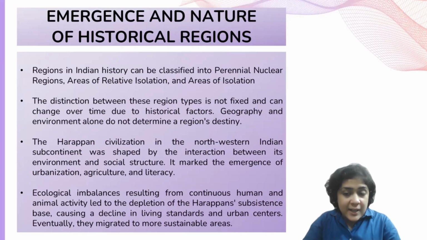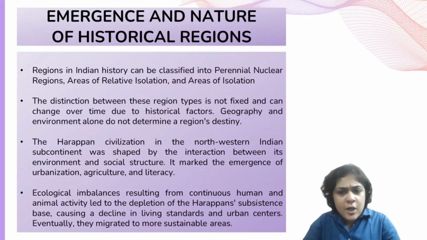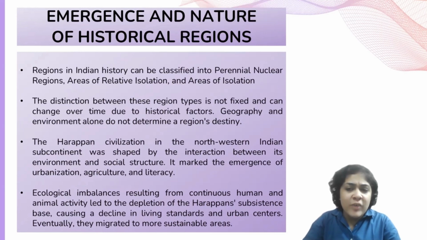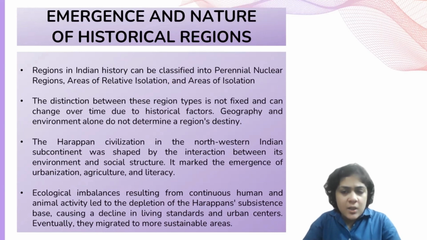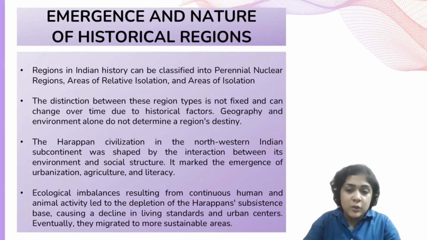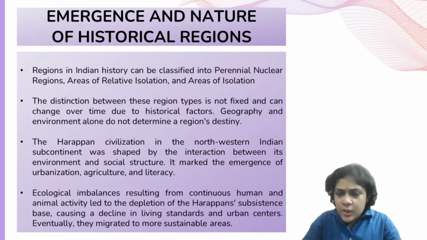Perennial nuclear regions align with major river valleys such as Ganga, Mahanadi, Godavari, Krishna, and Kaveri. These areas have consistently attracted human settlements due to their abundant resources and the convergence of vital trade and communication routes. Consequently, they have logically evolved into significant centers of power. However, it is essential to acknowledge that whether a region becomes nuclear or remains isolated is closely tied to historical